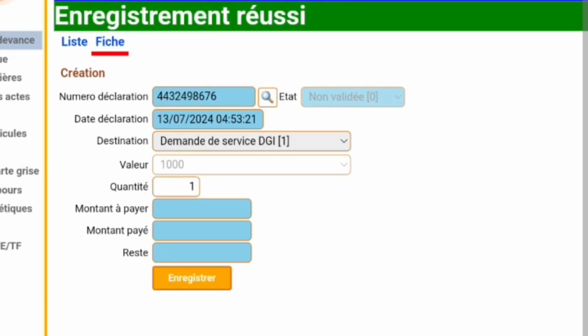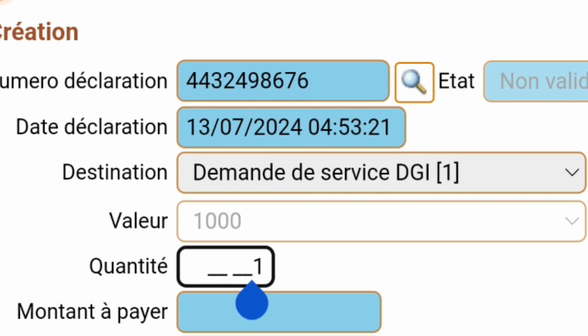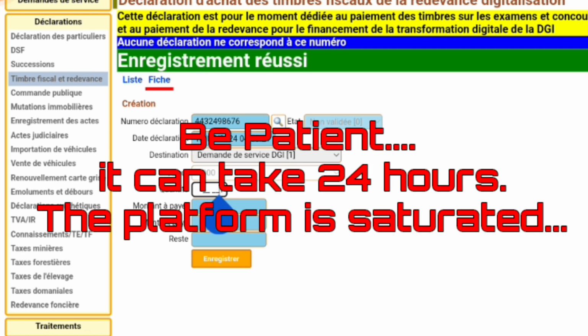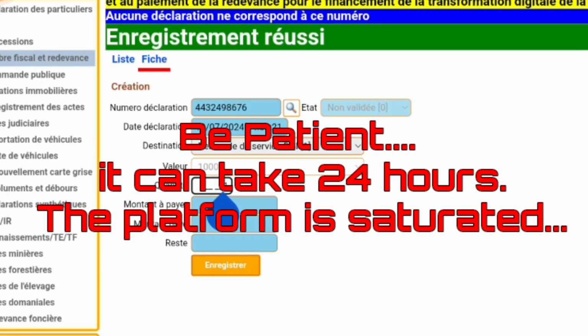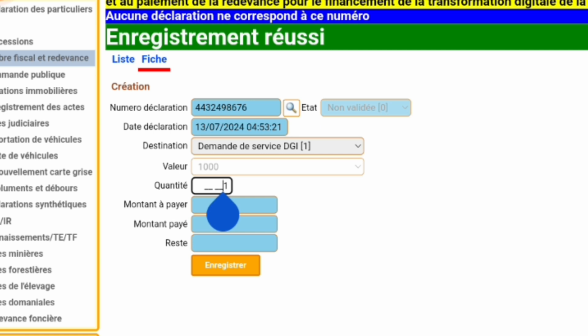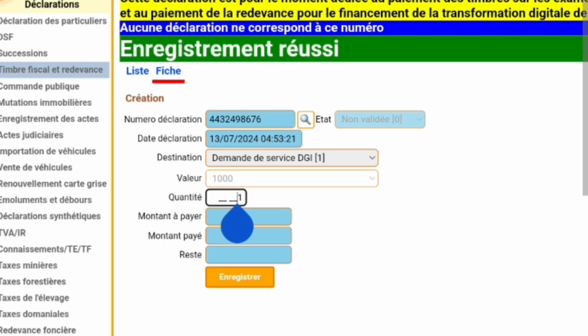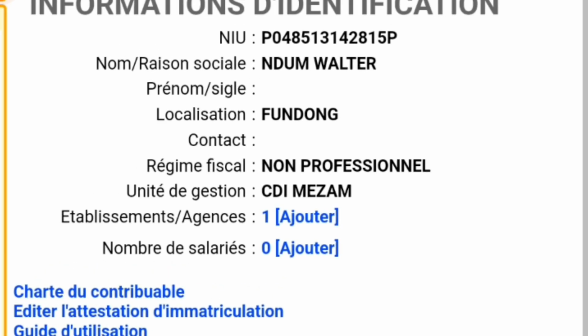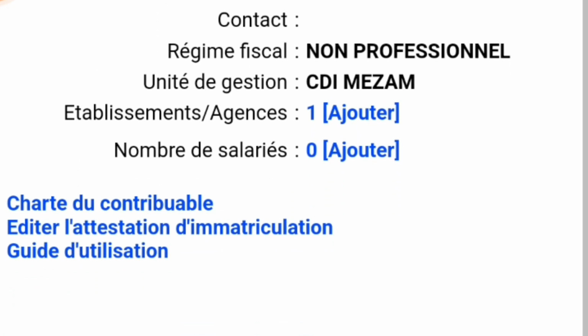If, for example, you have chosen 2 quantities, 2,000 francs will be deducted. And upon that deduction, you need to wait for a while so that the system validates that you have made the payment, and you can then go ahead to download your new taxpayer's card. And for you to download your new taxpayers card, you simply have to go back to this interface here. And now, after you have made the payment,